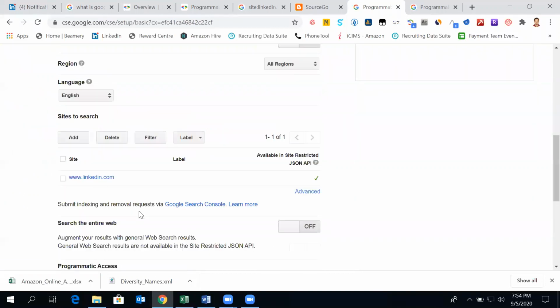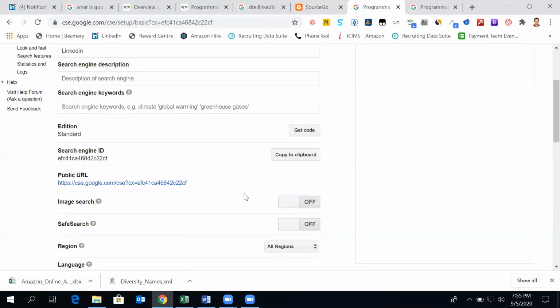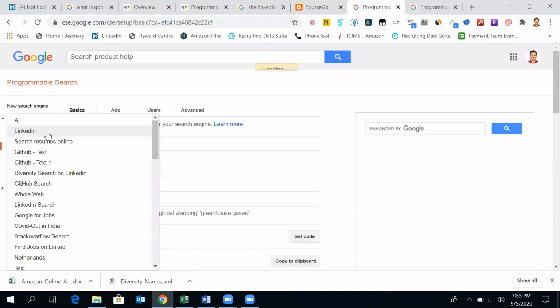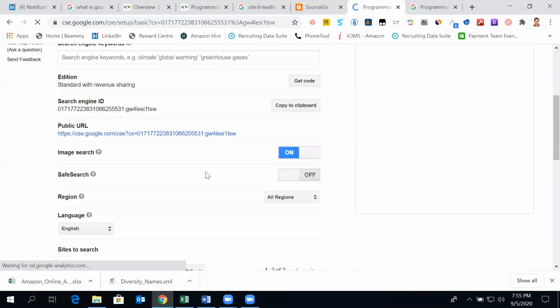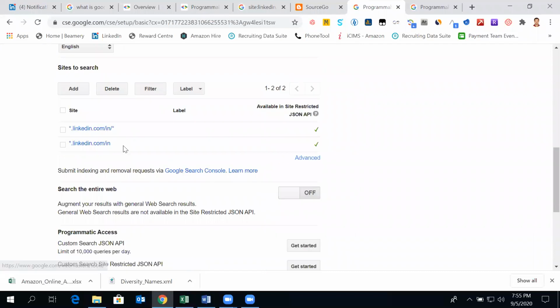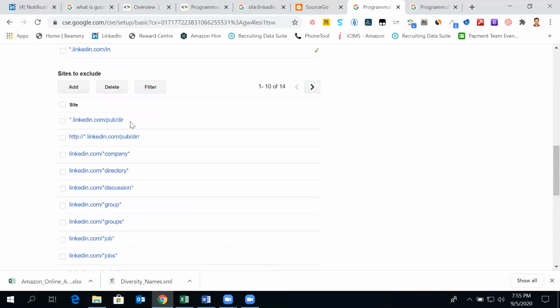Now you give all the URLs we need to include, and all the URL patterns we need to exclude. So this is the recent one, and these are the exclusions.